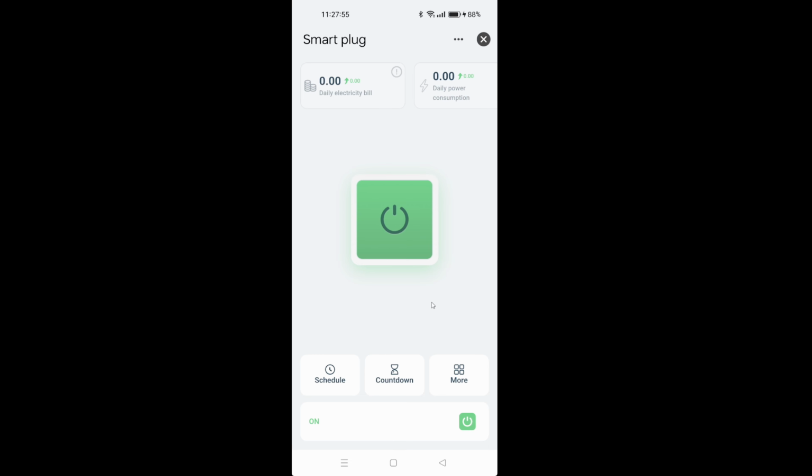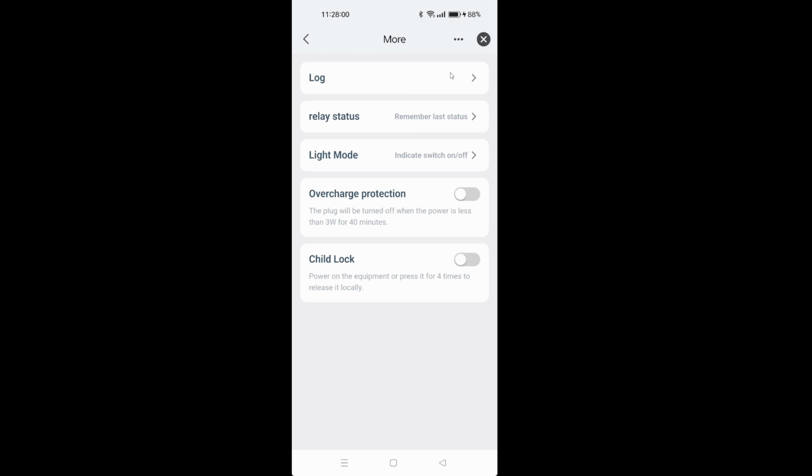So what you can do is click on More, and then there's a log which you can obtain information about the smart plug. You can set the relay status, the light mode, the overcharge protection, and also child lock as well. So we'll go back